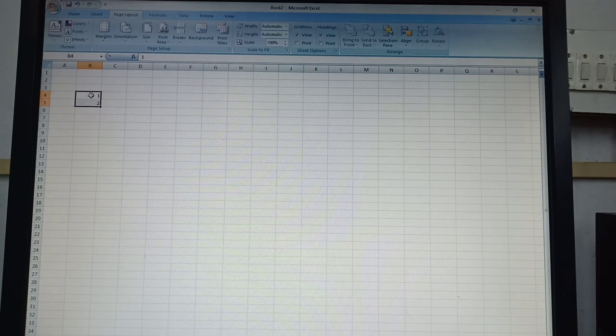We will select both the cells by pressing the mouse, and we will keep the pointer at the bottom corner. Then it will take the shape of a plus sign, like in mathematics, and that plus sign is black. If you move the pointer here and there, you will get different shapes of the pointer. We are able to see three shapes. One is plus, the second is again plus, but that is white in color.